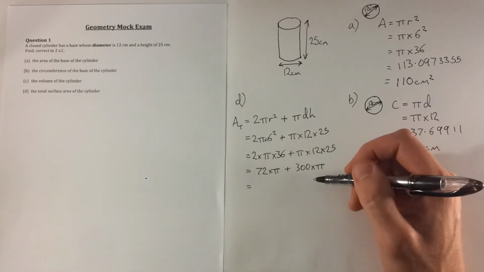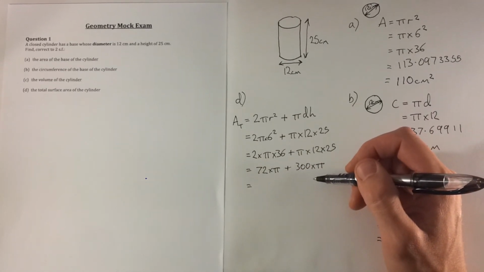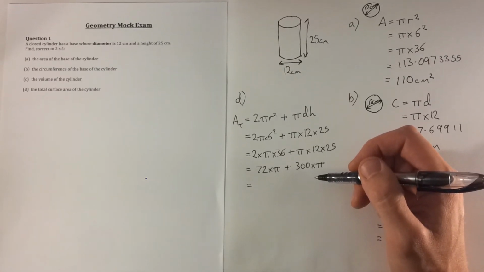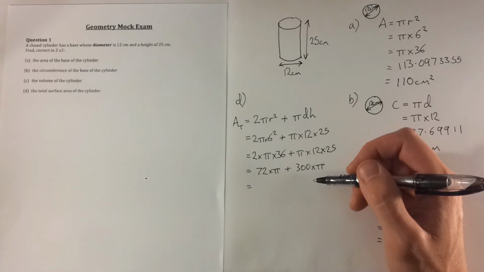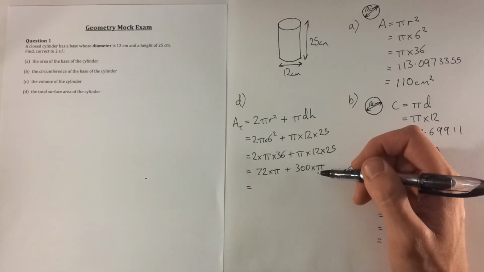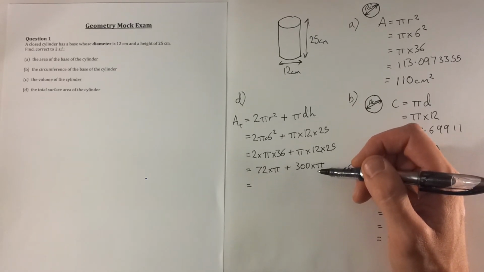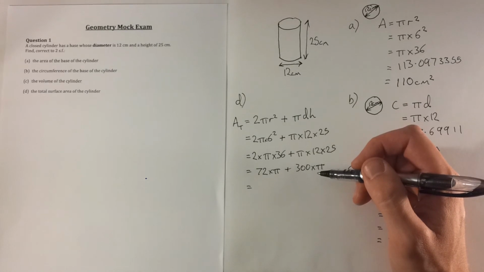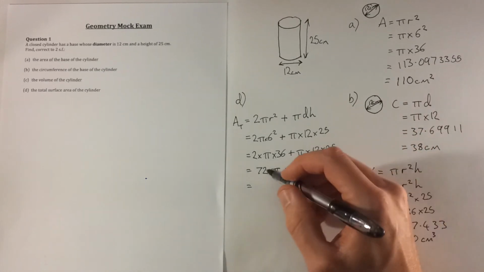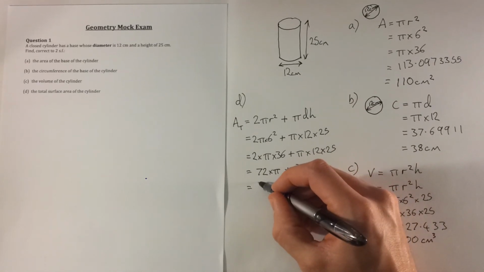So if we do 72 times pi, plus 300 times pi, we get the total surface area is